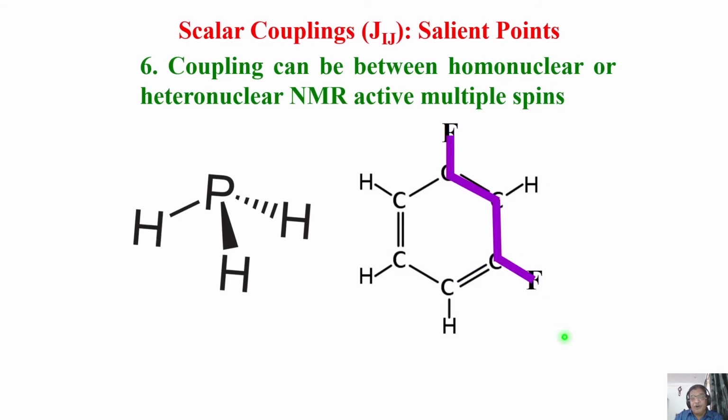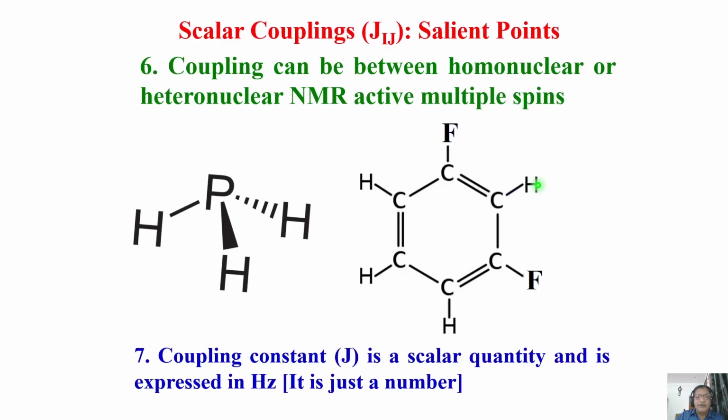And homonuclear coupling between fluorine and fluorine also is there. And heteronuclear coupling between fluorine and proton is there. Imagine, I have got 3 nuclei here. I can get all possible homonuclear and heteronuclear couplings here. It is not that it is not possible. There is no rule that you should couple only to homonuclear spin, or that it should couple only to heteronuclear. So long as there are NMR active nuclear spins present in your molecule, there can be coupling among homonuclear spins and also heteronuclear spins of varied strength. It can be there. Okay, you understood now?